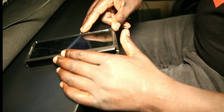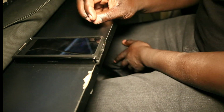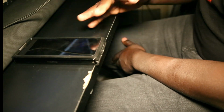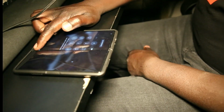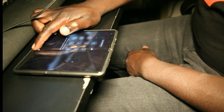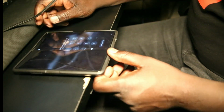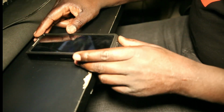So this is my Galaxy Fold 3. Now I've had this phone for about 3 years, give or take. I went through 3 of them. The first one had an issue where the screen would separate right in the middle. So that was the first one that I had an issue with on my Fold 3. So I had it replaced from Samsung, and they actually gave me a brand new device,